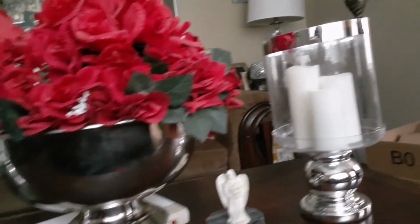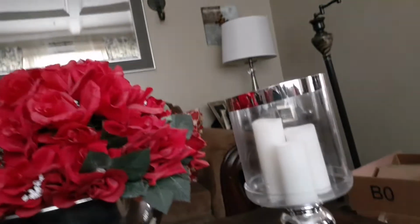So yeah, and that is the simple, easy, breezy refresh. It didn't take me like 10 minutes. It took me longer to find this stuff than it did to do the refresh. So that's the refresh. It looks very